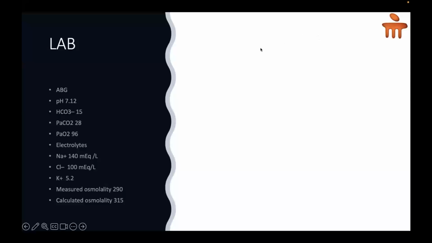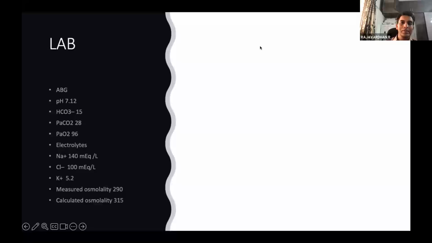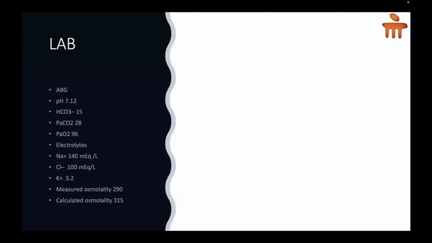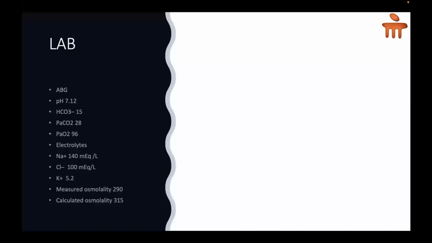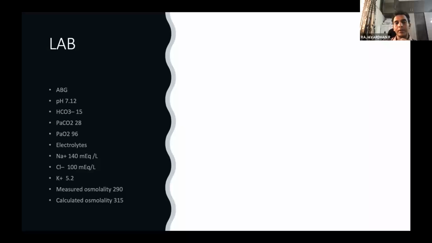Sir, it's a high anion gap metabolic acidosis. So 25, sir, anion gap. Okay, fine. Next, what will you do once you got an anion gap? I'll calculate the delta ratio, sir. Yes, please. So delta ratio, it's